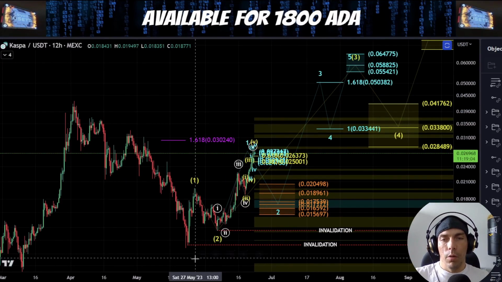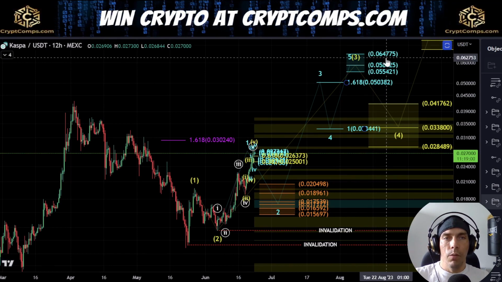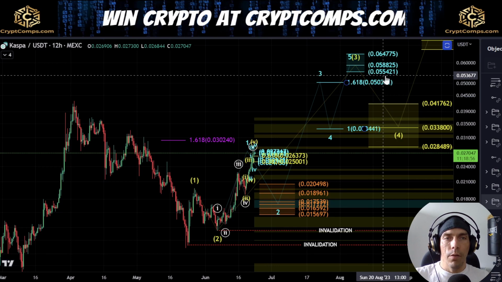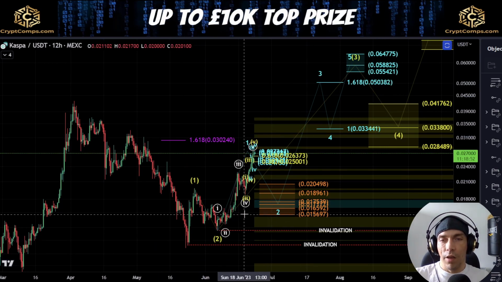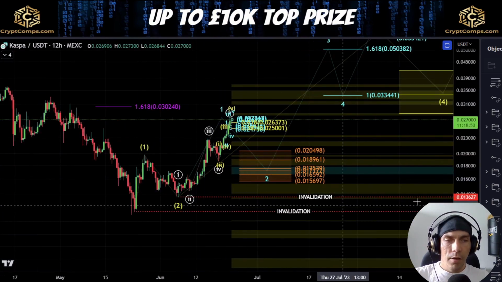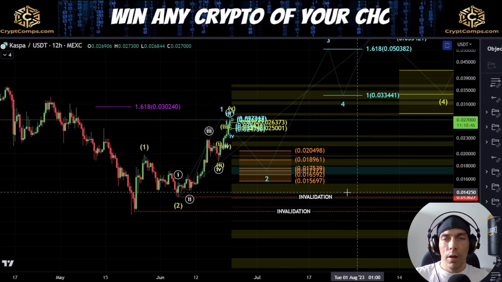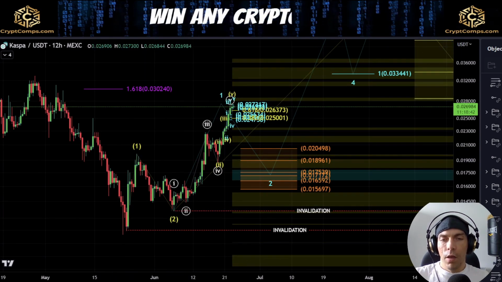We would be saying we'd get a push up here towards this zone of this 0.64775 to this zone of this 0.55241. So this is considering everything plays out exactly as I have it charted out here. Now invalidation of this would come by crossing this 0.13627, and what we'd be looking for here would be that potential, like I said, that we start to, when